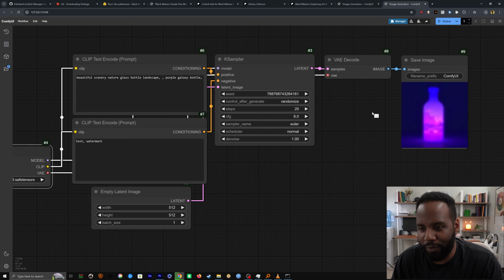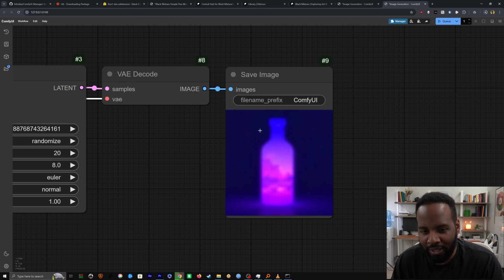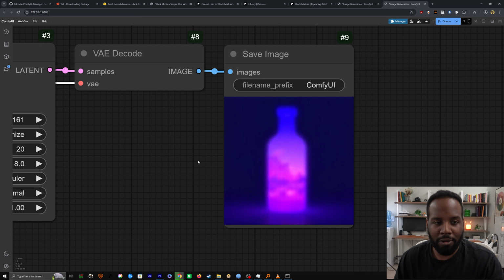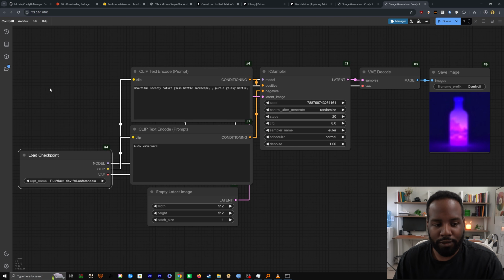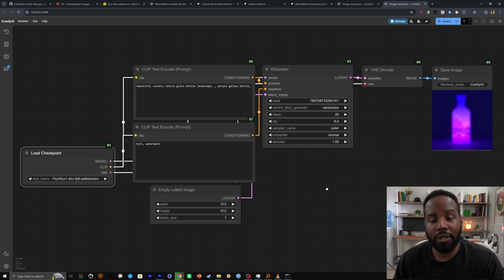And here is the first image that we've generated, which honestly does not look good at all. The reason for that is because we're using the Flux model, but by default, the workflow that's given to you with ComfyUI is one that was made specifically for stable diffusion. But we can still get a really great result using this by just changing a few settings in the case